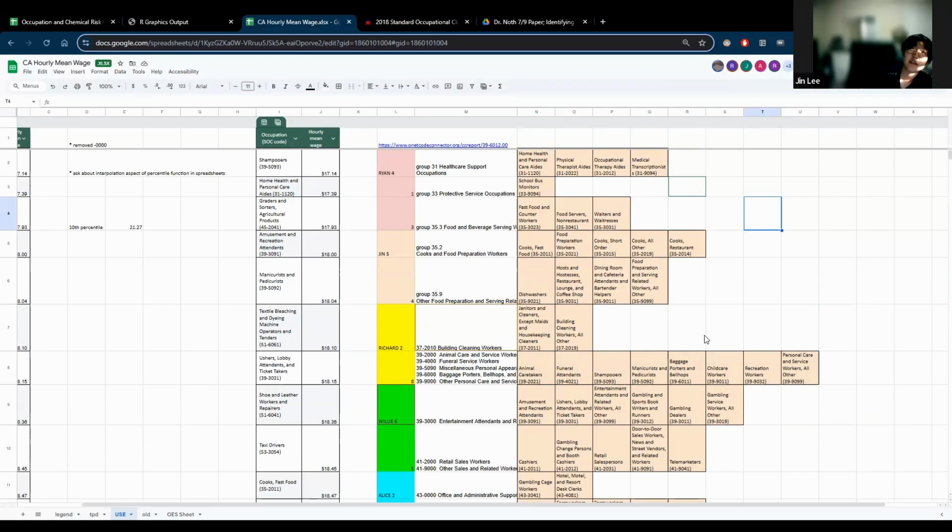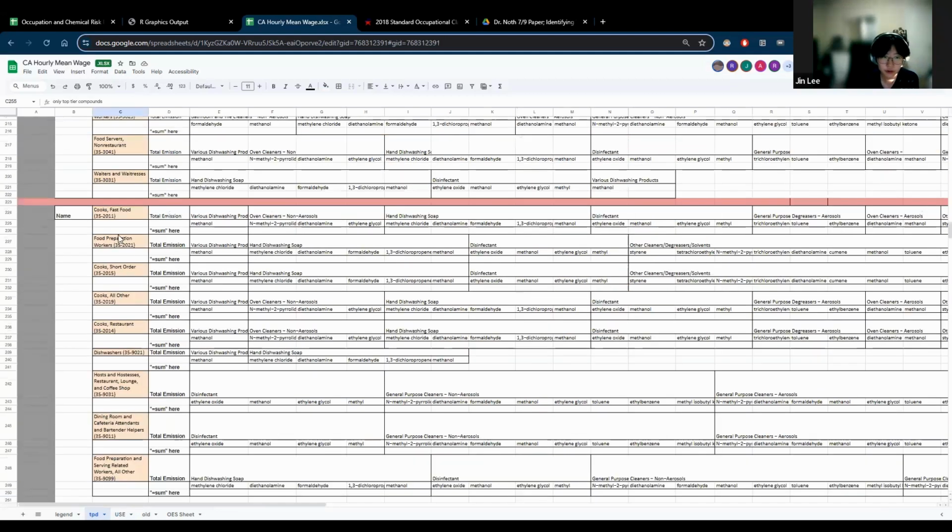I guess for us, redundancy also includes, personally for me, food preparation work, like short order and other restaurant jobs, which basically all use similar product categories, though not identical. I see.